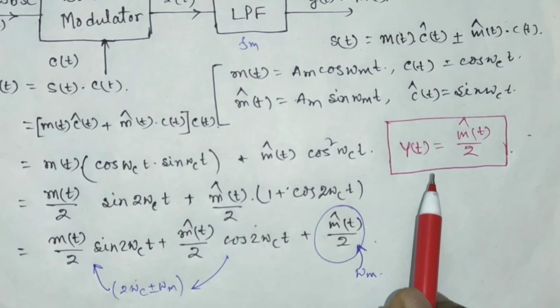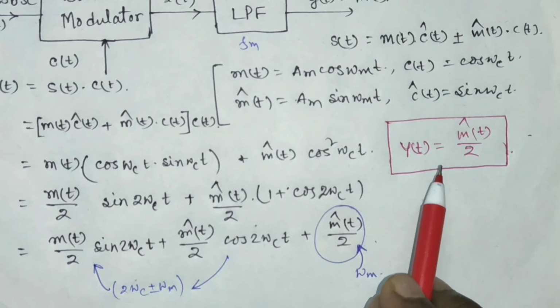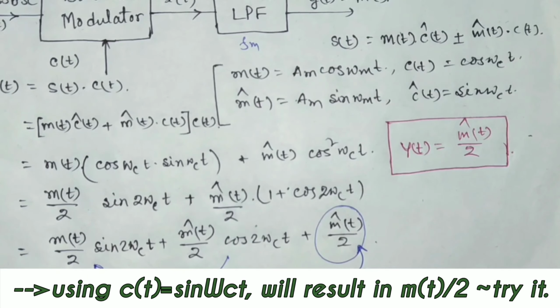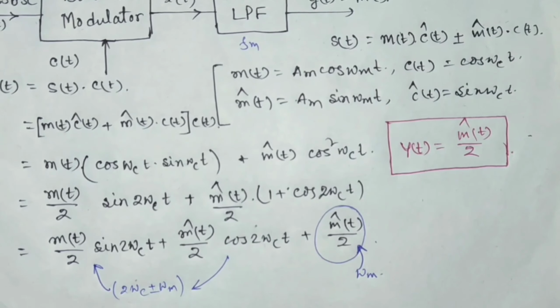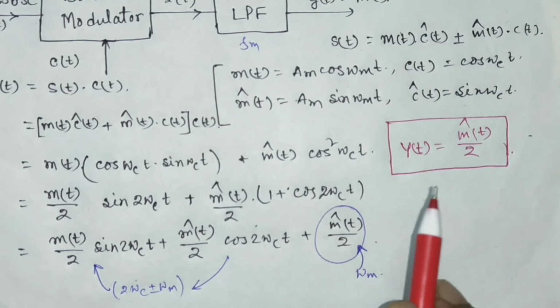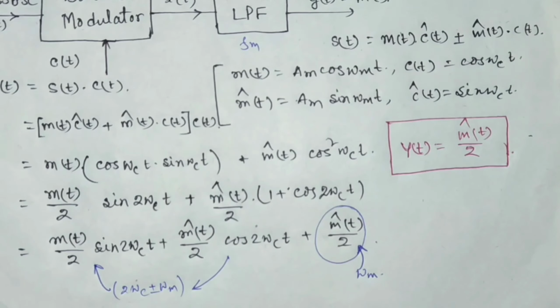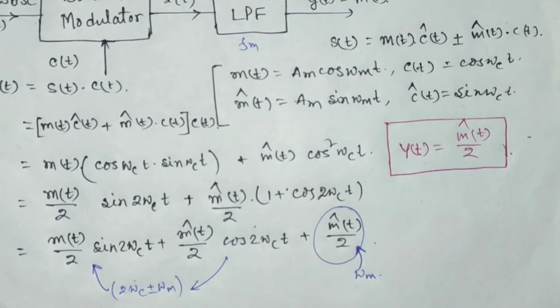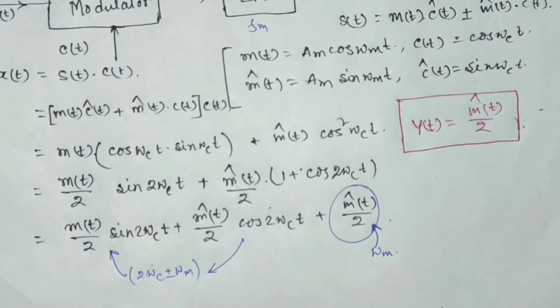Now you might feel that this is not the signal that we desire to have at the receiver end, right? But actually it's not a problem, because m(t) and m hat(t) are nothing but the same signal with a phase difference of 90 degrees. So the characteristics of these two signals are not different. Only the phase is shifted by 90 degrees, and we can use another phase shifter at the output if we want. So that is how single sideband suppressed carrier signals are demodulated, and thus we have completed the discussion on single sideband suppressed carrier signal.